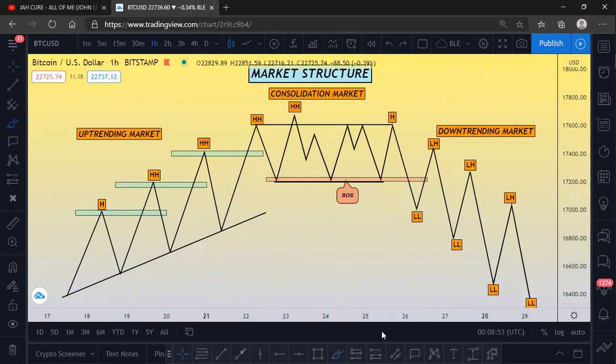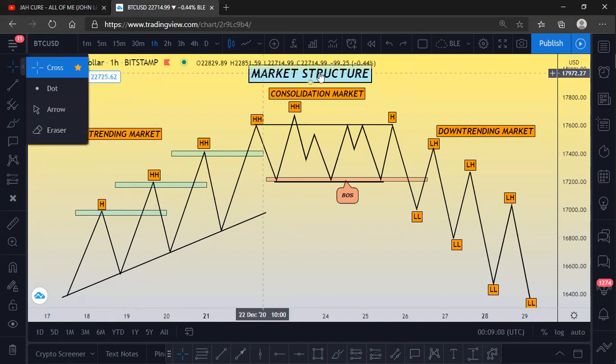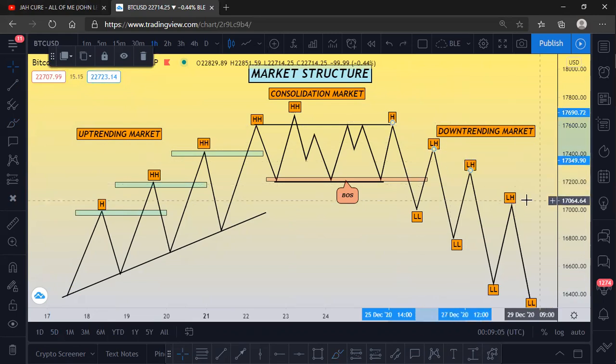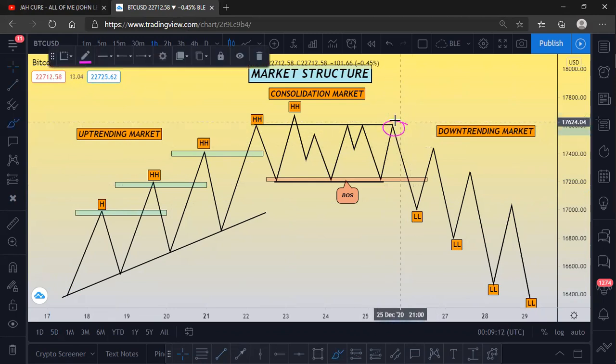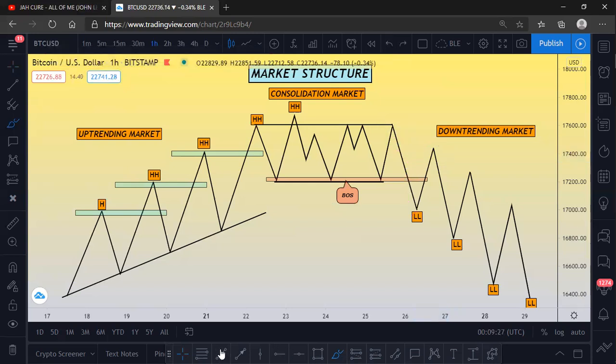All right, so the same thing applies for a sell also. Let me remove all this so we can do it together for the sell. Okay, so we have this first high here, and then price came down, and then came back up here, but stopped here. So then I can see, okay, now I have two data points that I want to connect together. Then I bring out my trend line.